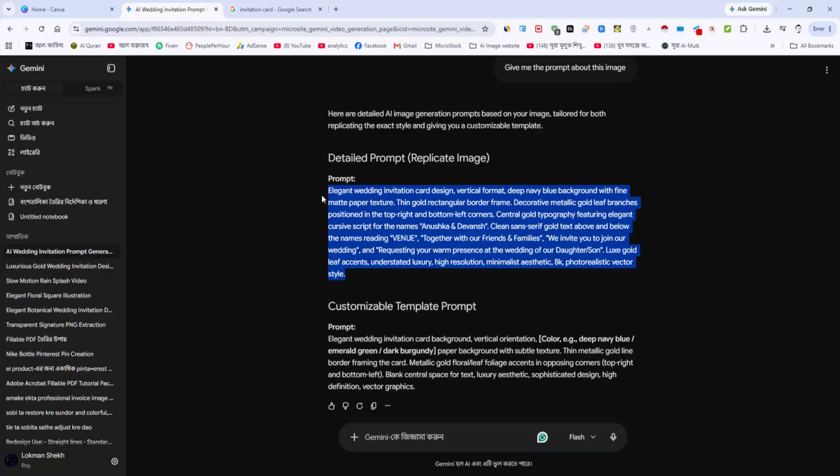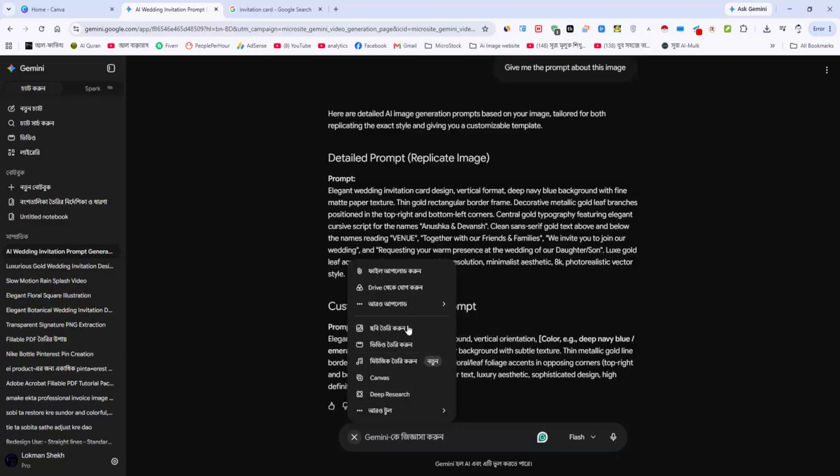Then copy the prompt and select the image